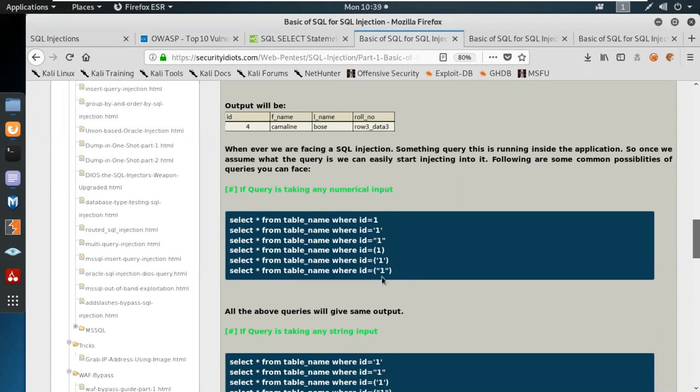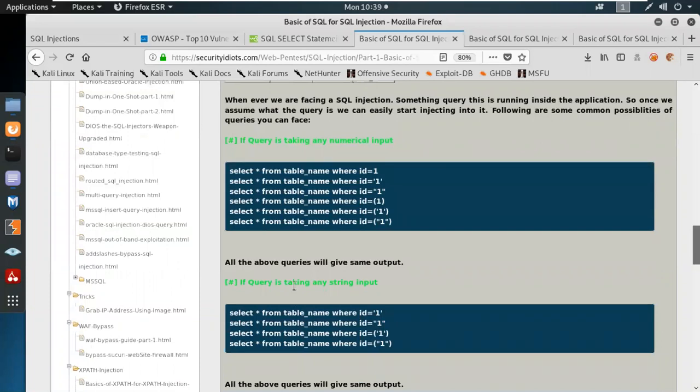Numerical values over here. A numerical value can be encapsulated with a single quote, double quote, bracket, single quote bracket, or double quote bracket. All of those can give you the same output. There will be nothing much. And if the query is taking any string input, meaning the characters,